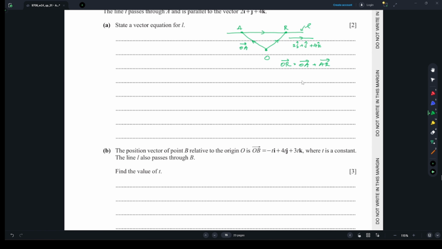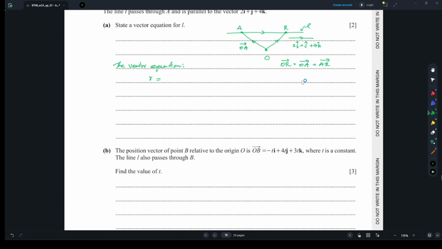So when two vectors are parallel, you can write them as a multiplication, like the relationship is multiplication with a constant. So then I can write the vector equation of the line